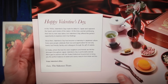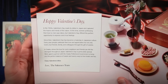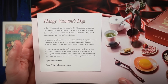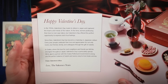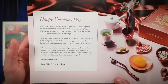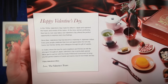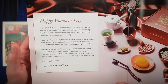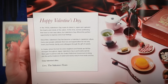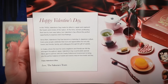It says, in the 1950s, Valentine's Day made its debut in Japan and captured the hearts and minds of the nation. At the time, women professing their love to men was taboo, but Valentine's Day offered the perfect opportunity to express one's true feelings. Fascinating. I didn't realize that was the case. Since then, Valentine's Day has become a mainstay in Japanese culture. Every year, people celebrate their love and appreciation for not only lovers, but friends, family, and colleagues through the gift